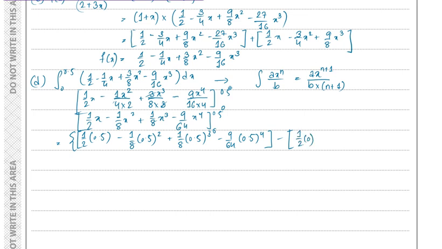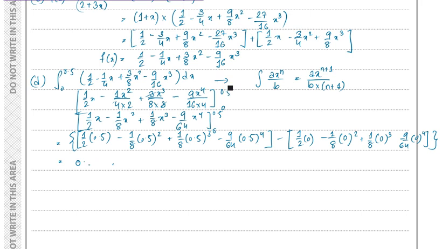This will all be 0, but for better explanation, I'm writing this. So 1/2 multiplied by 0, minus 1/8 multiplied by 0 squared, plus 1/8 multiplied by 0 cubed, minus 9/64 multiplied by 0 to the power 4, bracket close. If you do this, this whole part would be 0, and this part, if you put it in your calculator, this would be